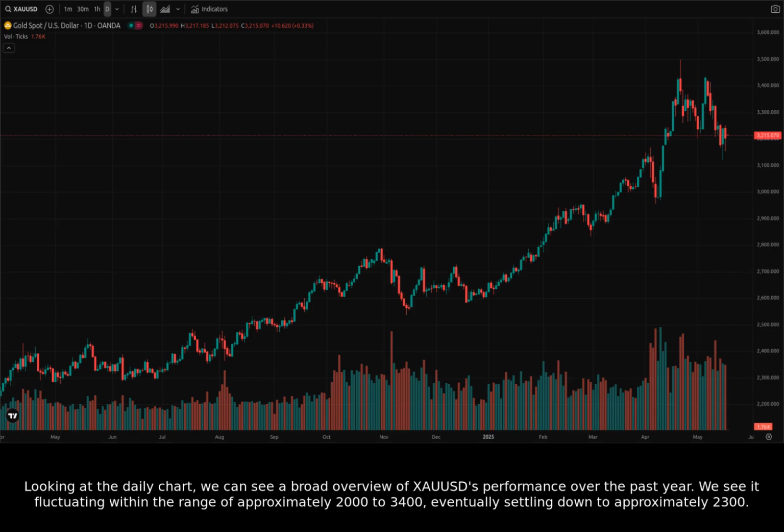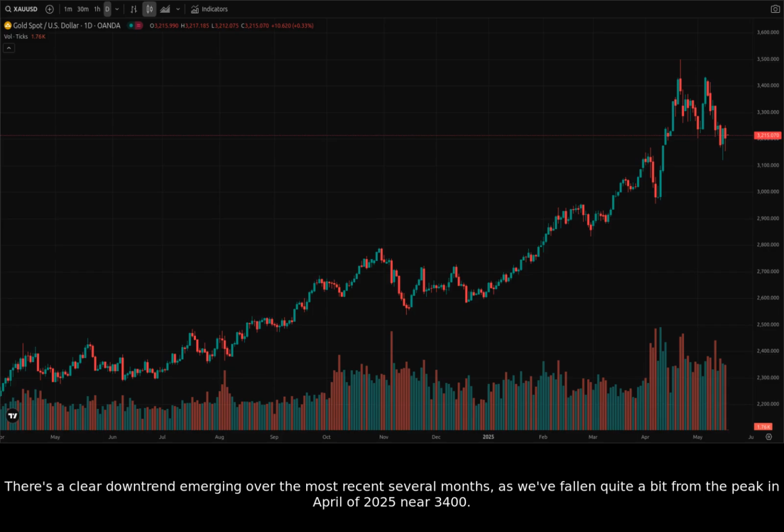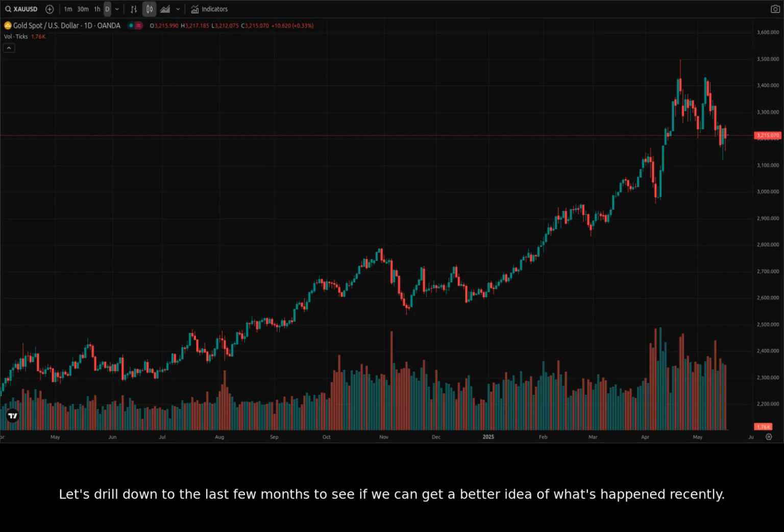Looking at the daily chart, we can see a broad overview of XAUUSD's performance over the past year. We see it fluctuating within the range of approximately 2,000 to 3,400, eventually settling down to approximately 2,300. There's a clear downtrend emerging over the most recent several months, as we've fallen quite a bit from the peak in April of 2025 near 3,400. Let's drill down to the last few months to see if we can get a better idea of what's happened